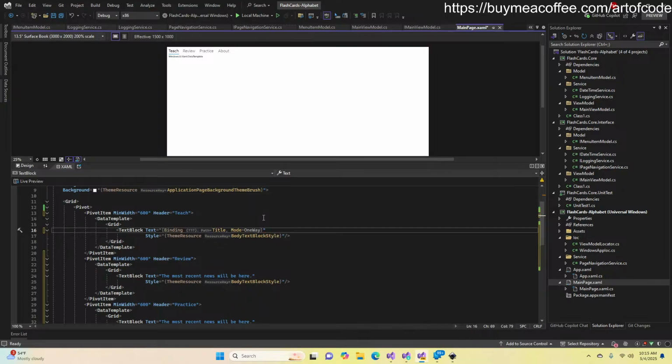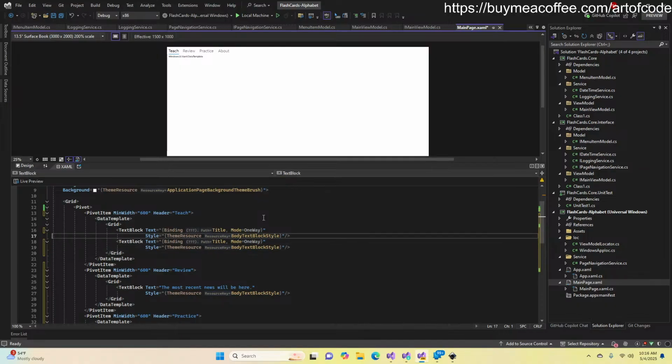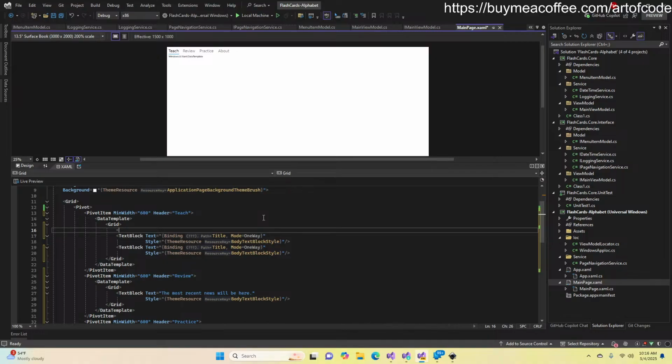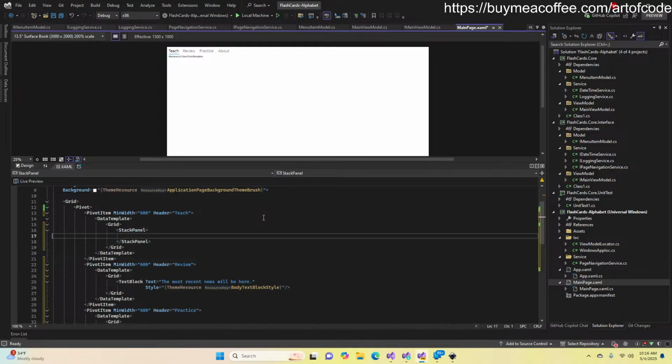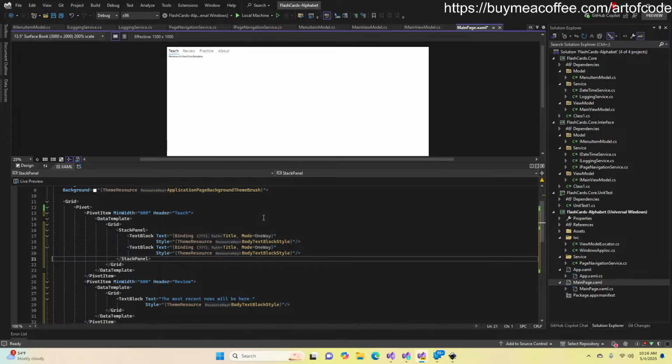And since it's text, we don't need a converter. Style is dot. All right, let's actually put a stack panel. That way each one